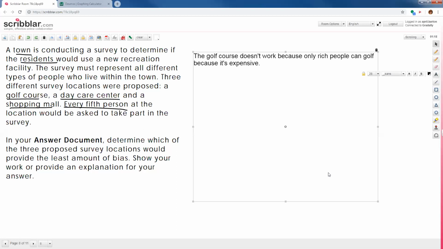What about the daycare center? Why does the daycare center not work? Because everybody's kids will not go to daycare. Yep. Doesn't work because not everyone's